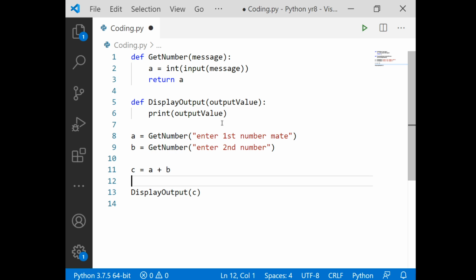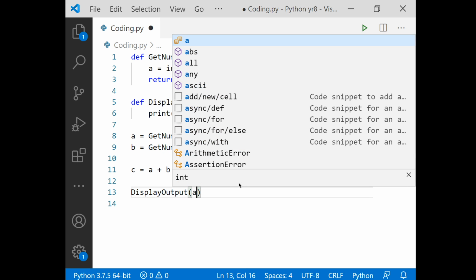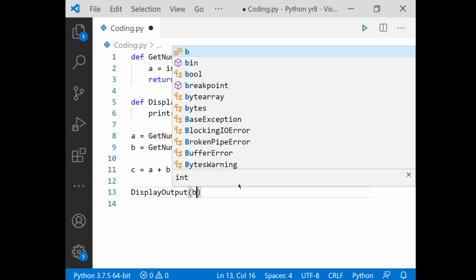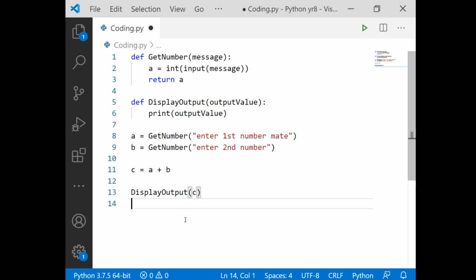You don't need to know I've called it output value, but that's what I'm going to refer to it as. So these parameters are decided by the person who writes the function. It does not affect me. I could put 12 in there and it will display 12. If I give it A, it will display A. If I give it B, it will display B. If I give it C, it will display C.